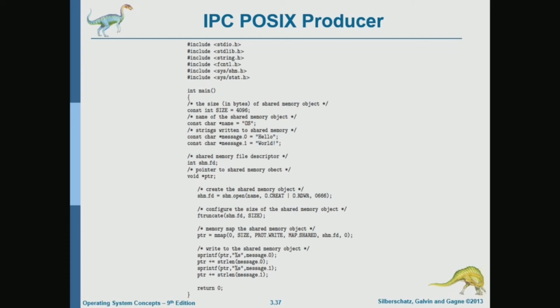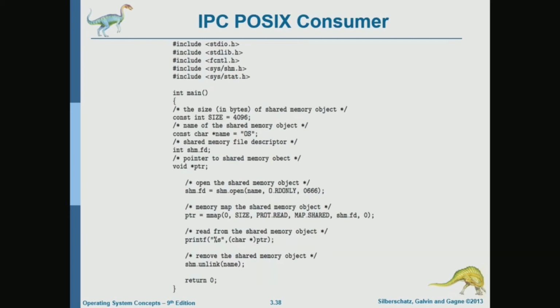Okay, so in the assignment, we will not be doing strings, we will be doing integers. So the producer will be producing integers, not strings, and our consumer will be reading numbers, not strings. So here on the consumer side, it's doing the same thing. It's doing shared memory open, and it's doing the shared memory map, mapping that into a pointer.